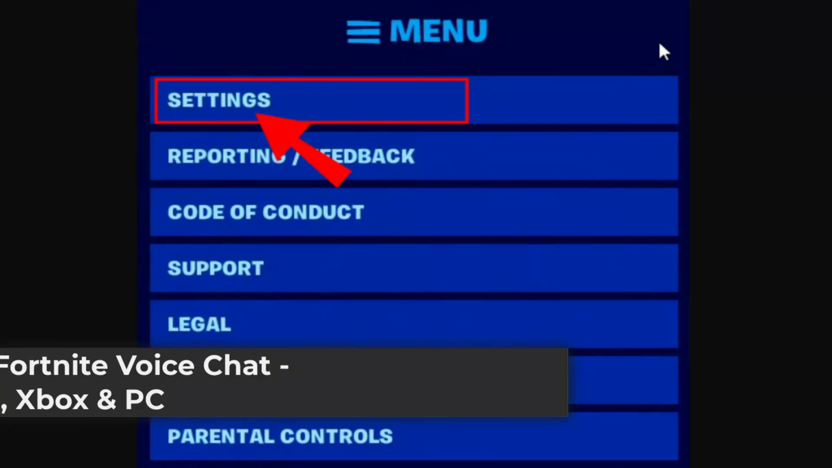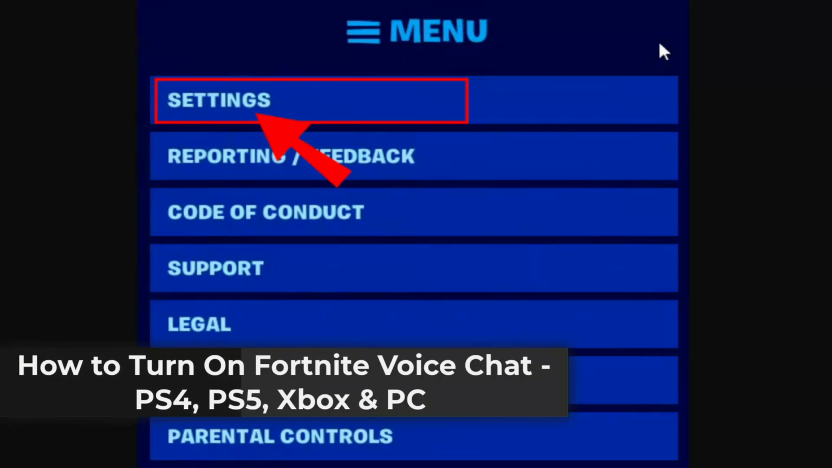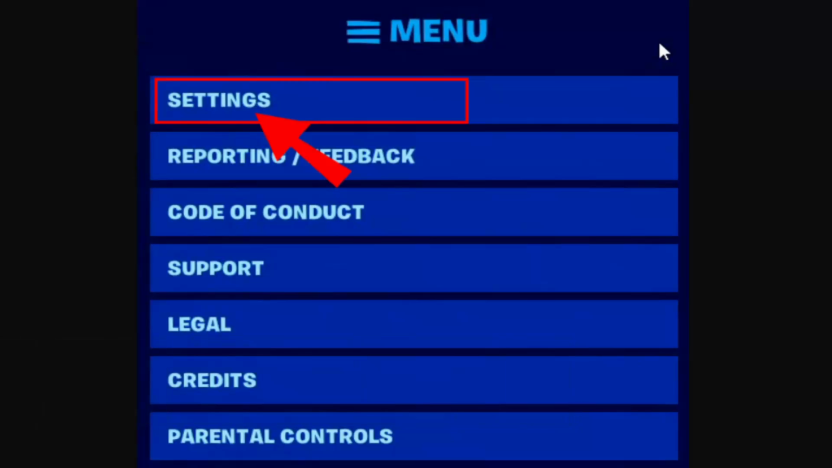In this guide video, I'll be showing you the procedure on how to turn on Fortnite voice chat. In order to turn on Fortnite voice chat, you just have to follow these steps. Now, depending on your device, the instructions for enabling voice chat for Fortnite may differ slightly, but you could do